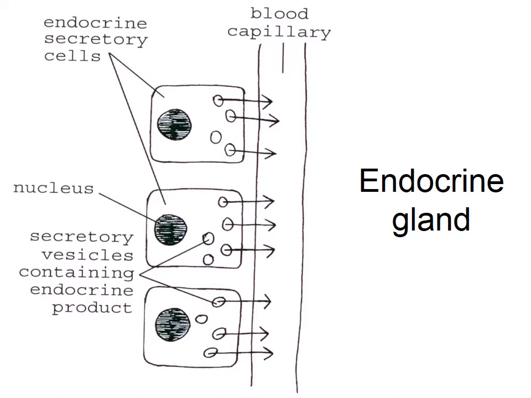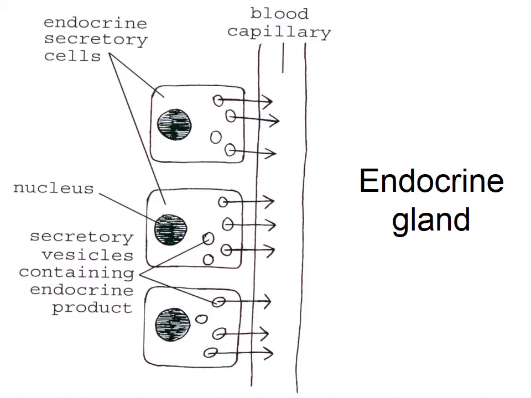The product is released directly into the blood, which is circulating through the gland at the time. And this means that endocrine products are rapidly, systemically distributed throughout the entire bloodstream. Endocrine products are referred to as hormones. A hormone is a chemical messenger which circulates in the blood, albeit at low concentrations. After being produced in an endocrine gland, a hormone circulates in the blood until it reaches a specific target